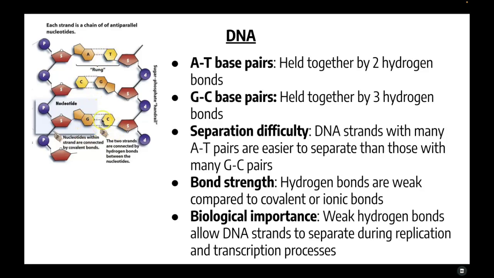Guanine and cytosine have 3 hydrogen bonds. It's very easy to separate them because the hydrogen bonds are very easy to break. Remember, individually, hydrogen bonds are very easy to break. They're weaker than covalent and ionic bonds. And this is important. The hydrogen bonds being able to break is important because during DNA replication, we're breaking these bonds. During DNA replication and transcription. All right, that's all for this